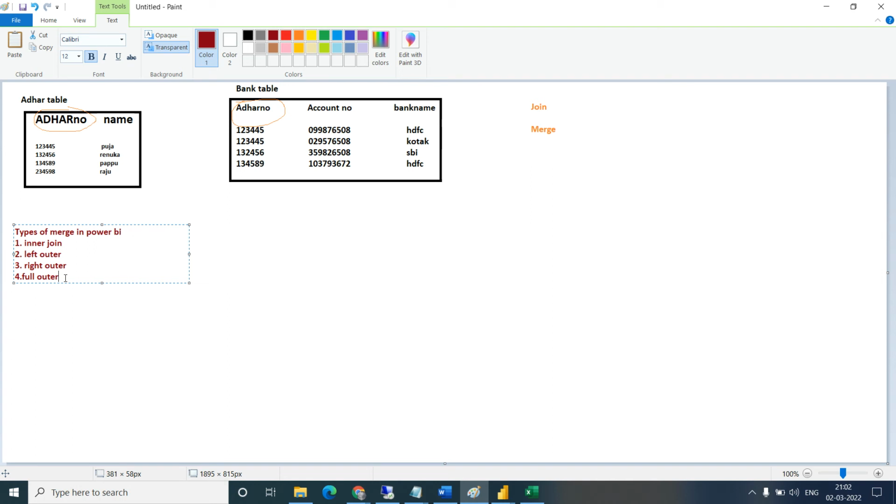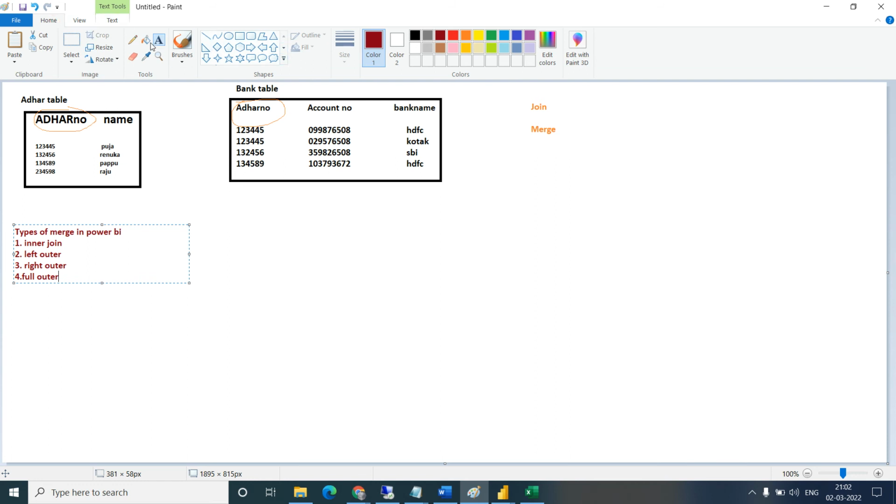Renuka, tell me, if I want to know how many accounts Pooja has, how will I find out? By joining, right? But how will it join, how will it work? First we will look for Pooja.